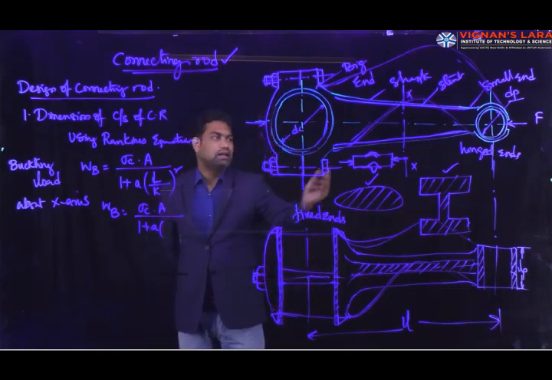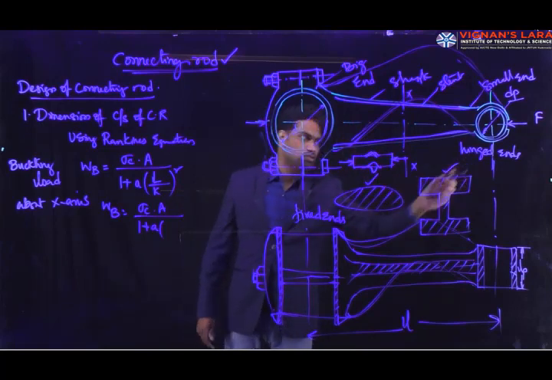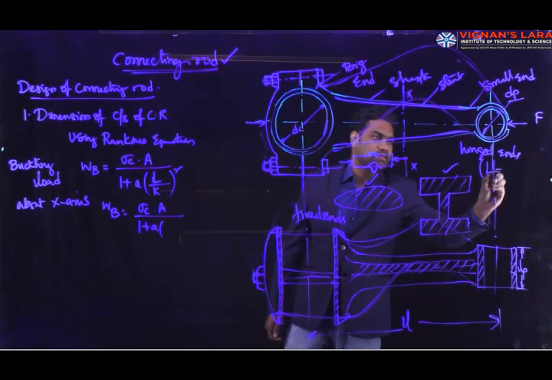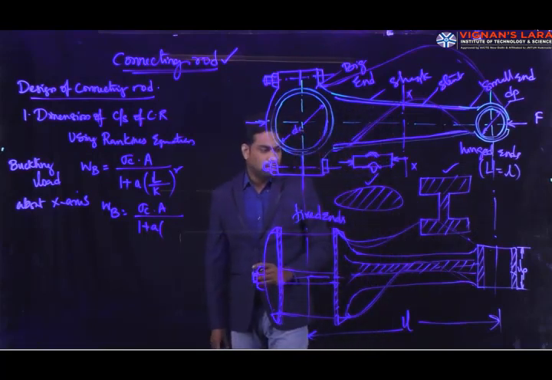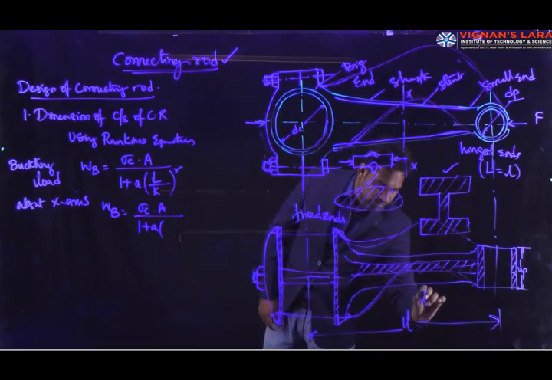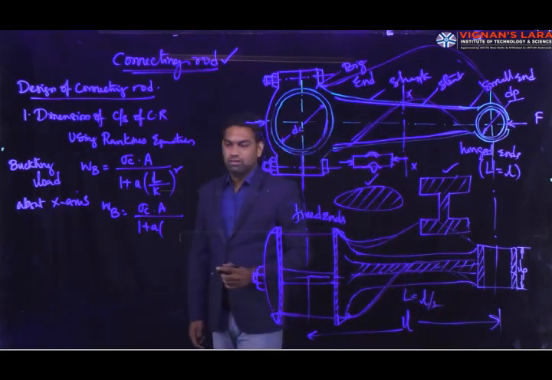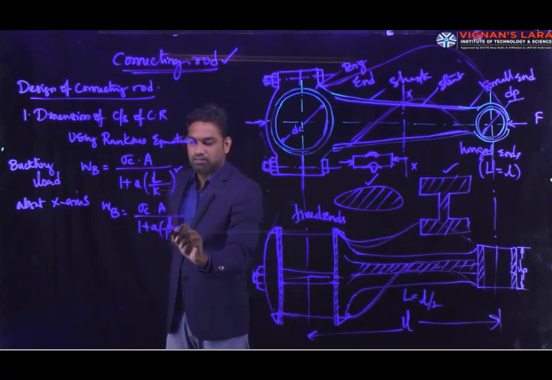So here, about the x-axis, that is in the plane of rotation, both ends are hinged, so the effective length capital L is taken as small l. And about the axis perpendicular to the plane of rotation, that is the y-axis, the effective length capital L is given by L by 2, so half the length. So from these equations, I can take capital L equal to small l, and K means radius of gyration, about the x-axis you can take.